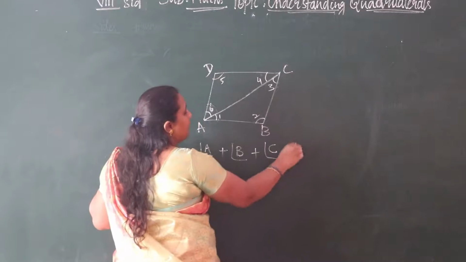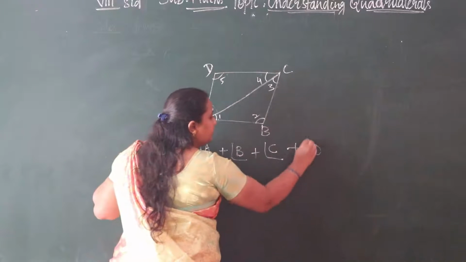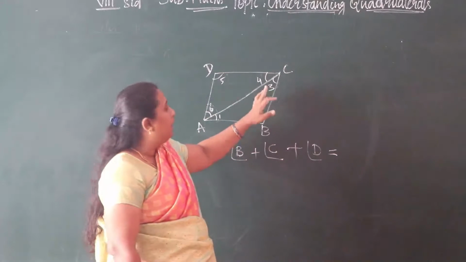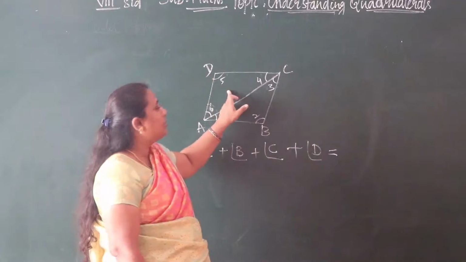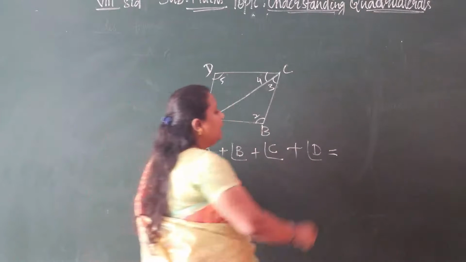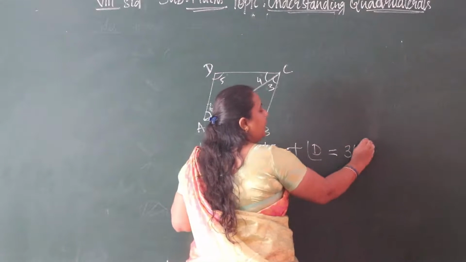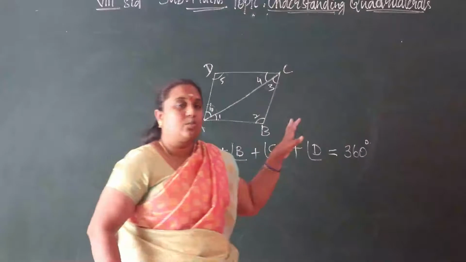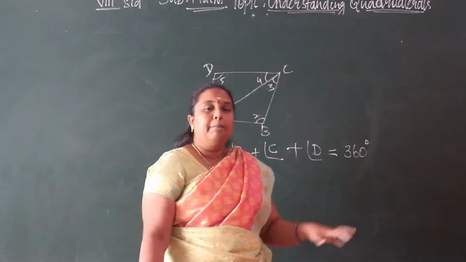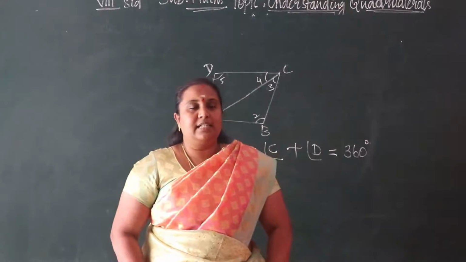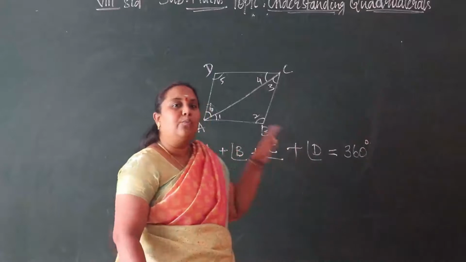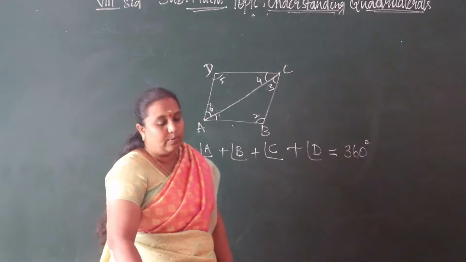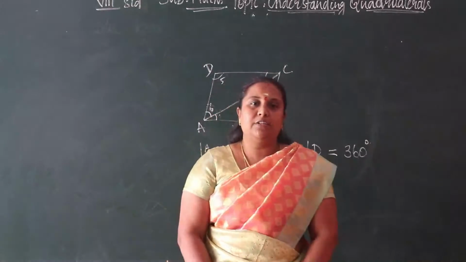which equals, see, angle 1 plus angle 2 plus angle 3 is 180 degrees, plus angle 4 plus angle 5 plus angle 6 equals 180 degrees. So 180 degrees plus 180 degrees, we have 360 degrees. The proof of this for a quadrilateral you will see briefly in your next class, the 9th standard. Here you have only the pictorial representation and the sum of the angles of a quadrilateral, which you can see by the activity.